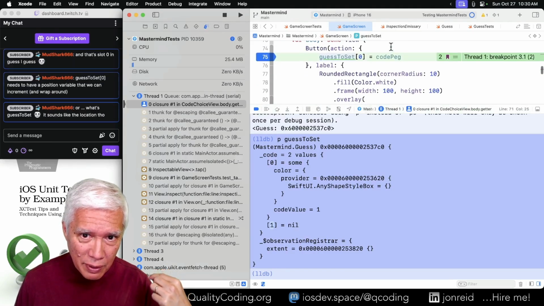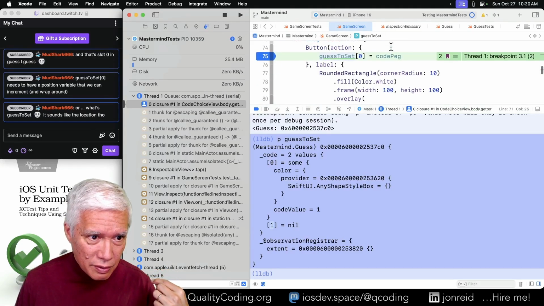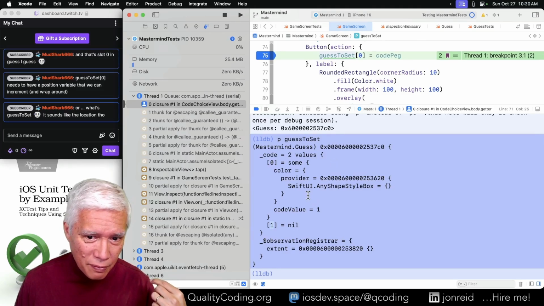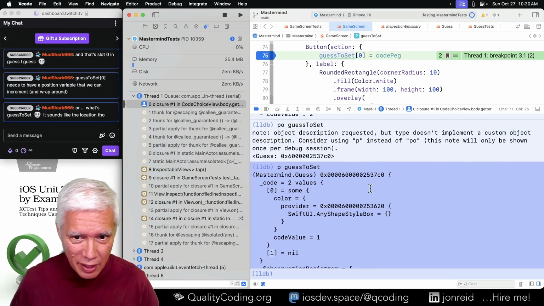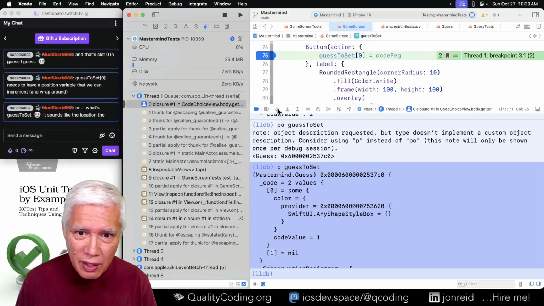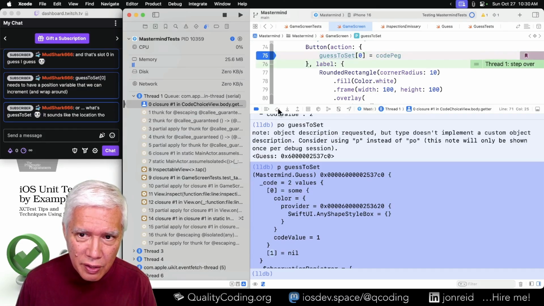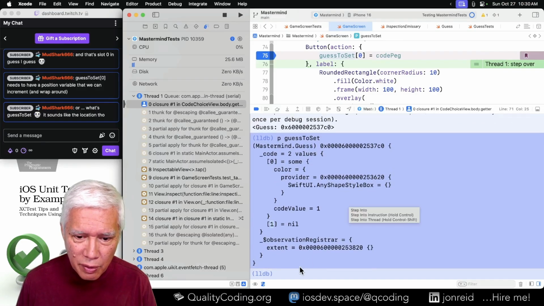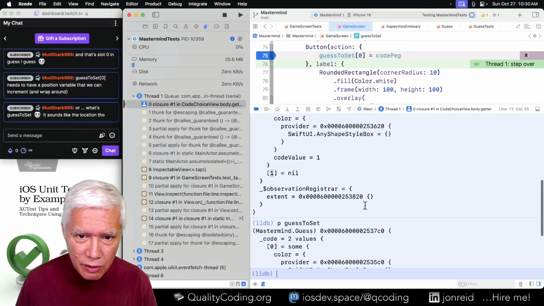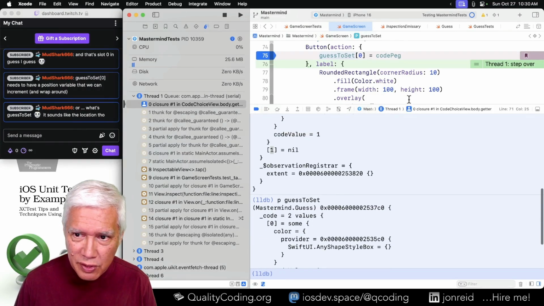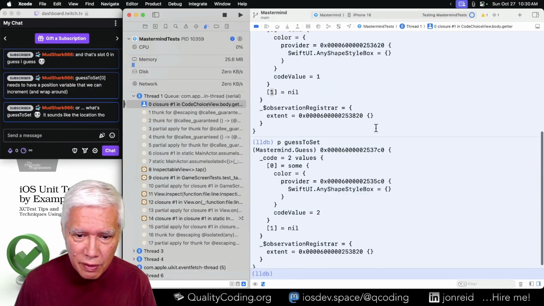What I am surprised about, yeah, it's a little confusing, the naming now, now that we're expanding out of a single guess into a guess consisting of multiple codes or multiple values. But if I step over this and we repeat this command, then there is code value 2 now. It's updated, right?